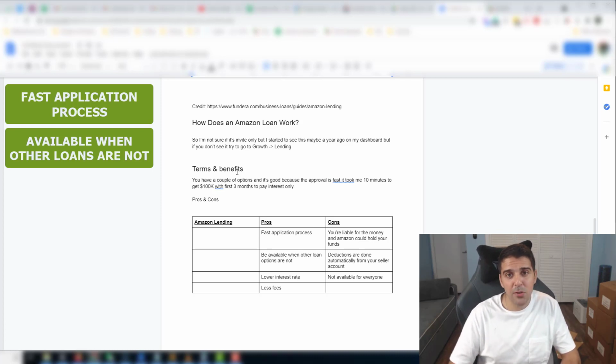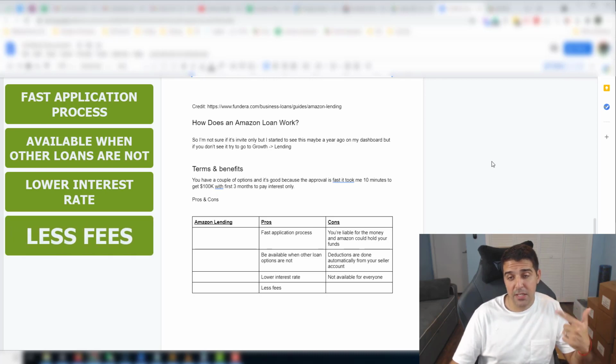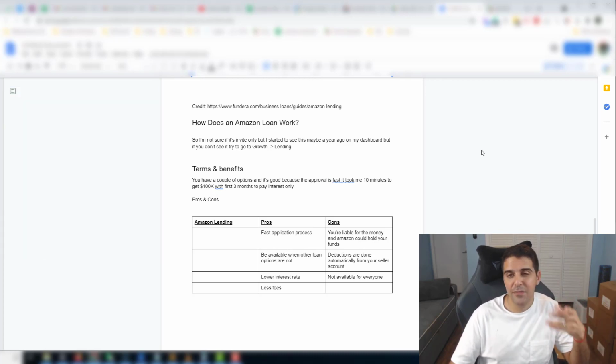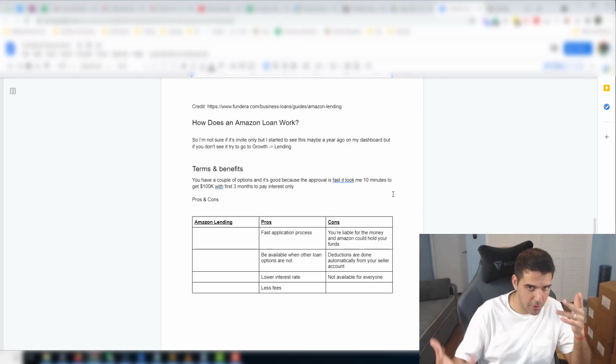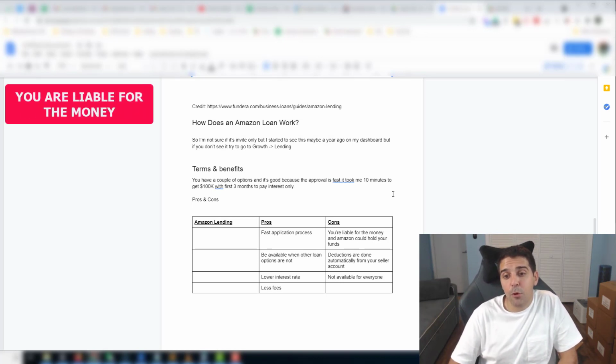Now, due to Amazon having all this info about you, like I said before, the chance of getting approved is much higher. You have lower interest rates and less fees. With an external loan, you might have some other fees that you won't have with Amazon, since Amazon is deducting it from your reimbursements. Cons, you're liable for the money, and